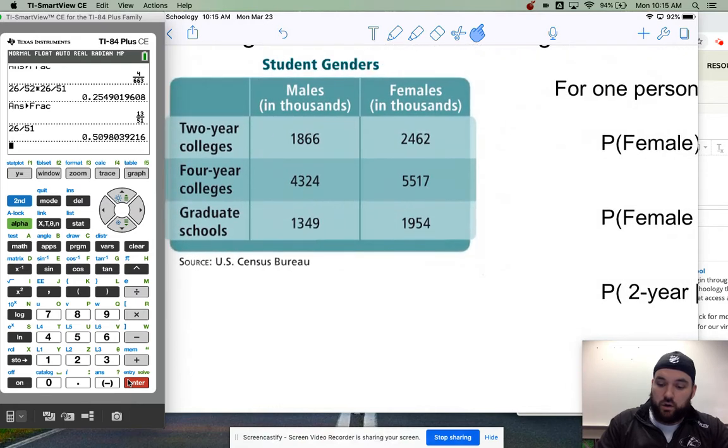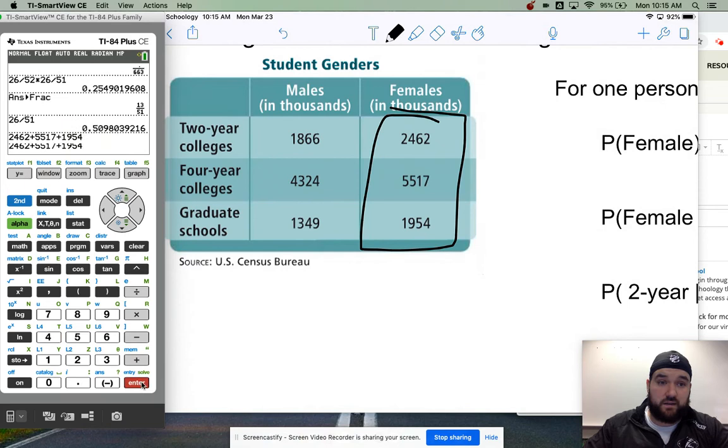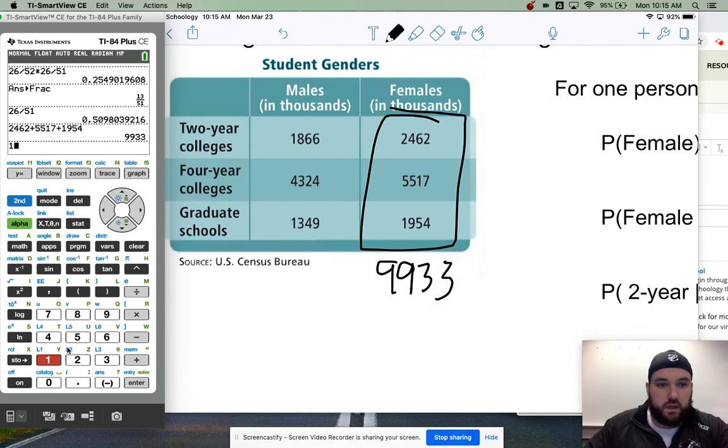So I want to know what's the probability that I pick a female, which is all of those 3 cells in the table, and my sample space is everybody. So I do have to do a little bit of addition. If you want to skip through this part while I type in the calculator, what I will say is that if you go through this work, go ahead and put the total underneath, because that's going to help us later on. And then I also want to know, so I'm adding the total number of males right now,